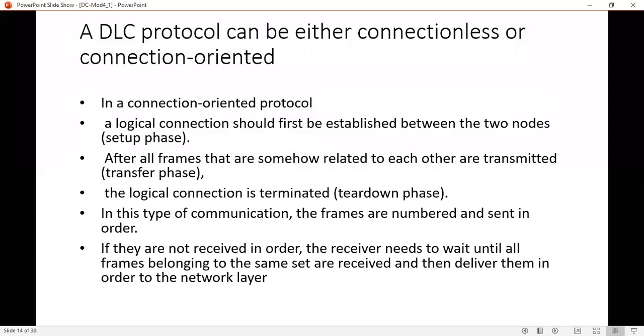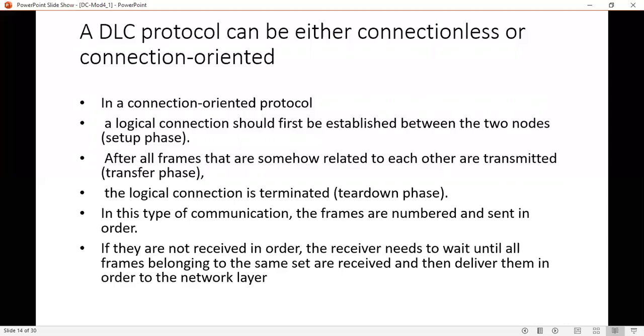In the connection setup phase, you are establishing a logical connection between two nodes, that is the sender and the receiver. In the transfer phase, all the frames are sent from the sender to the receiver. In the last phase, the tear down phase, once all the communication is done, the logical connection is terminated.